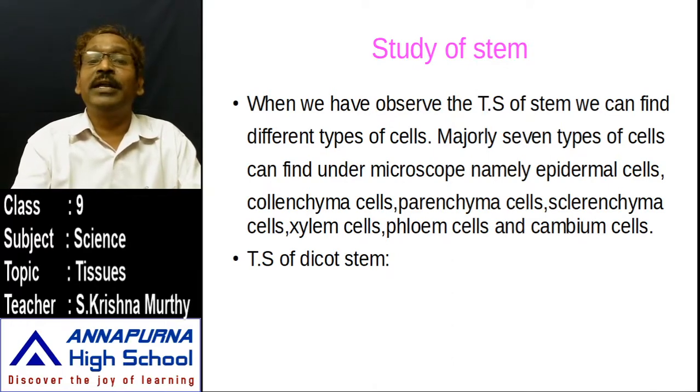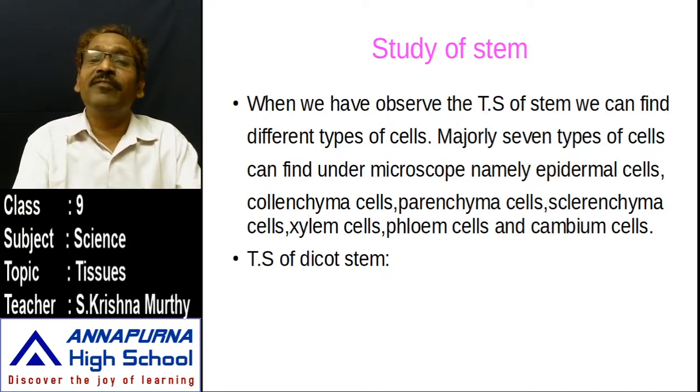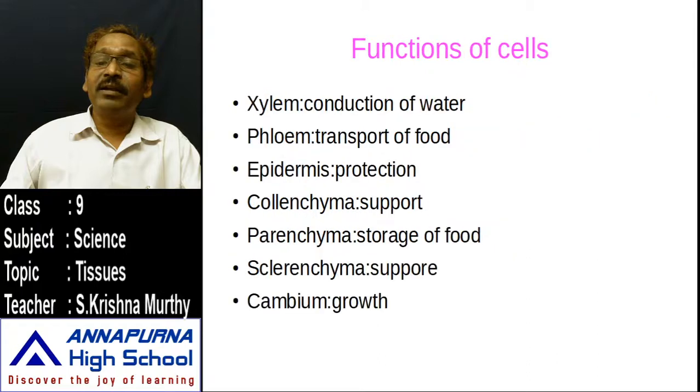If there is not enough water inside the body, what happens? If the stomata are openly there, some amount of the water is also sent out into the environment by evaporation whenever the environment has a higher temperature. So immediately, if the temperature is higher, the guard cells close itself to prevent the evaporation of water from the body. So here different kinds of parts are there, each and every part doing different kinds of functions.